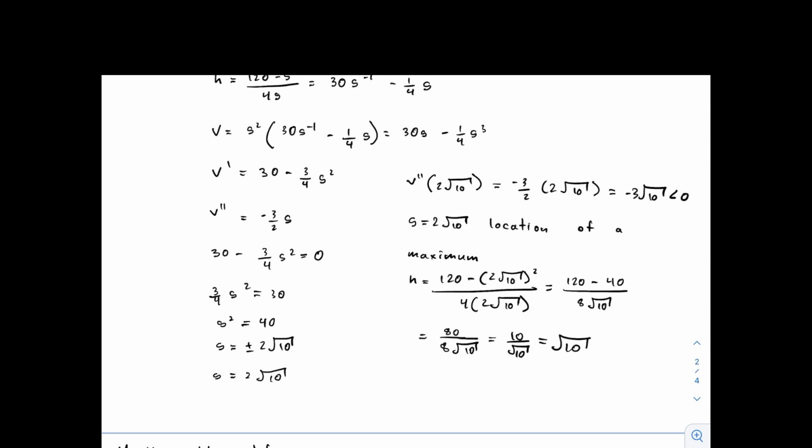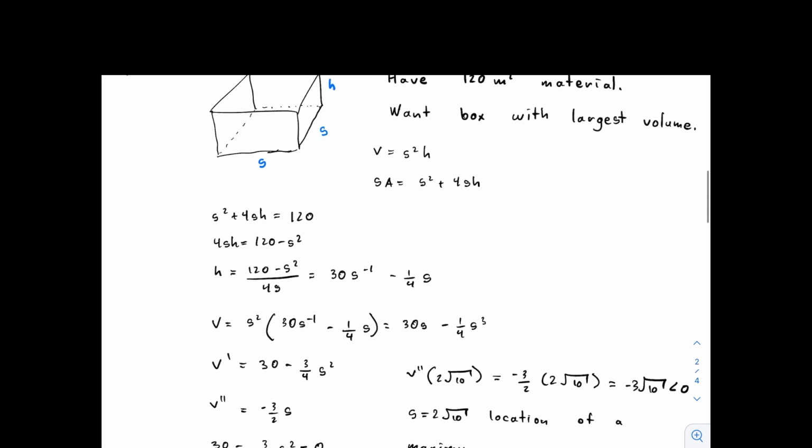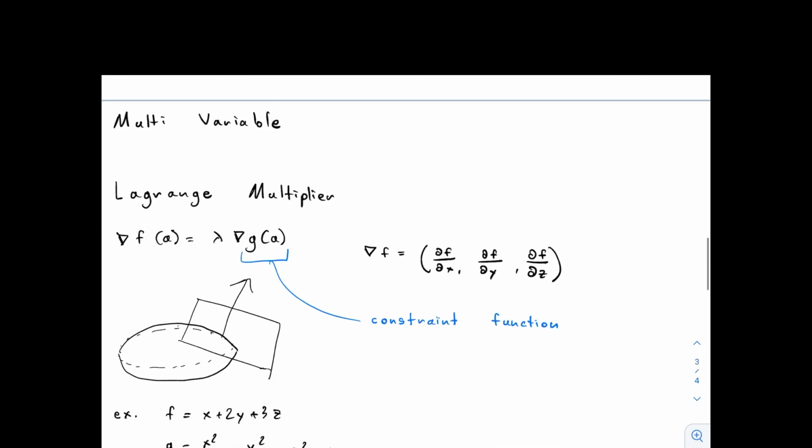That means that if our dimensions are a height of square root 10 meters and a side length of 2 square root 10 meters, then those dimensions will maximize the volume of our box, which again for your reference is up here. Now, jumping to the multivariate case, the multivariable case,